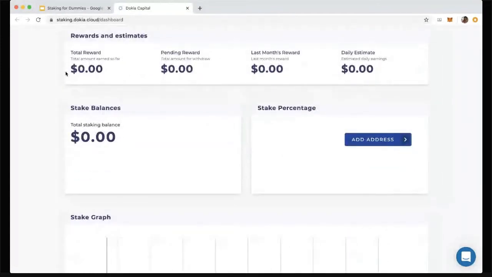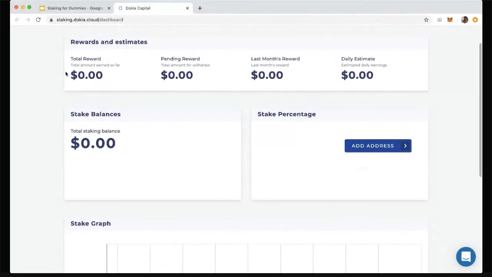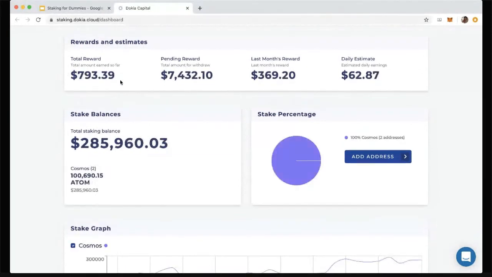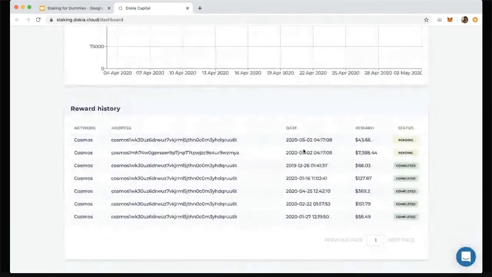Let's just give it a minute to load. Yeah, to see how much reward they've received. And here's the line-by-line item of how the delegator has interacted with this validator. So for tax-related purposes, you could just print this out and report this to an accounting firm to make sure your tax life gets easier.